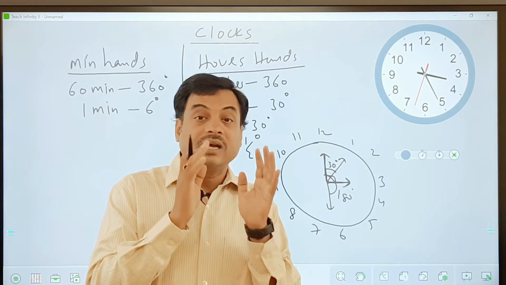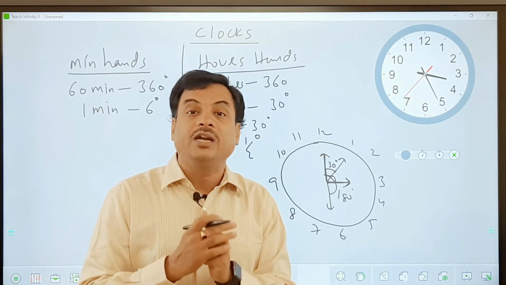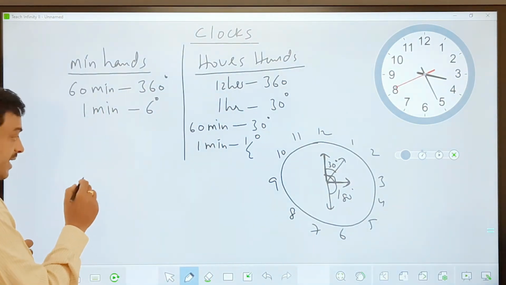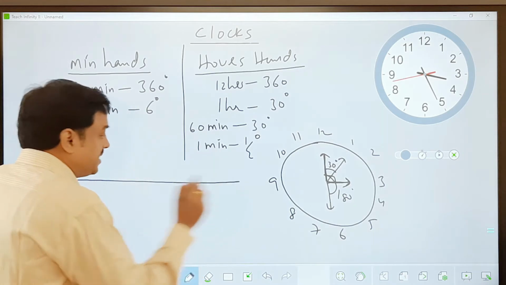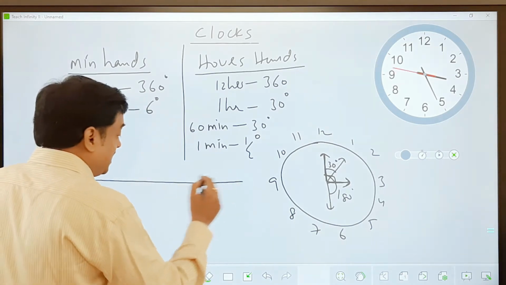Now the point is, since all of them are moving in one direction, there has to be some relative angle between them. Now what is relative angle? Let me explain this with another example. See here, all of you. Suppose this is the starting point for all three of the hands, and this part you can take like this.